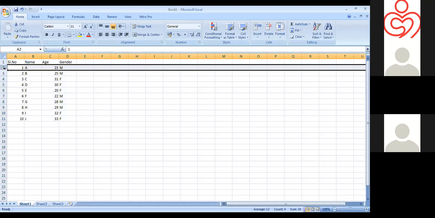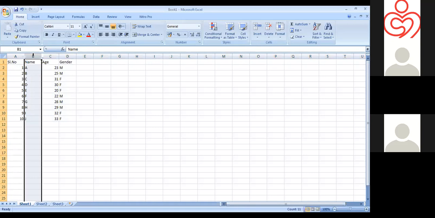Row number 2 shows all the information of patient 1 in the study. So each row consists of complete information of each individual, and each column consists of the complete information of each variable. So it should be like this.